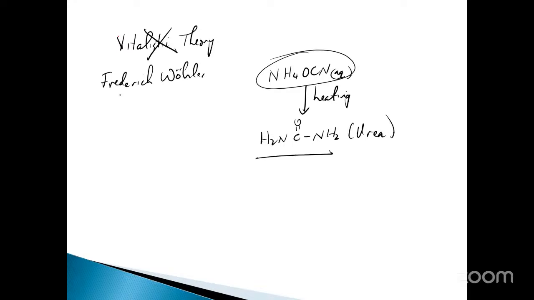I can point to. The ironic thing about this example is that Frederick Wöhler wasn't trying to prove anything, right? He was just basically trying to isolate his compound, and he accidentally destroyed the vitalistic theory. Okay, so let me